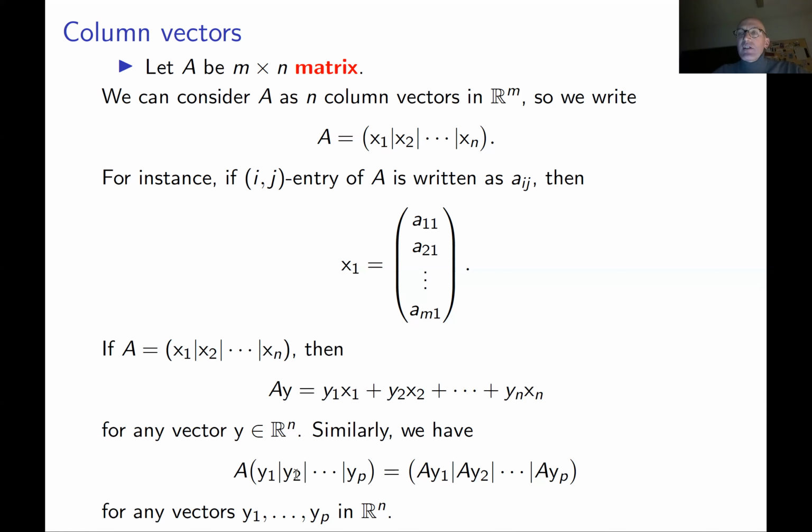This is actually also super useful. If you have two matrices A and B, multiplying AB is the same as multiplying A by each column of matrix B. So this gives you a very easy way to remember how to multiply matrices. The only thing you basically have to remember is how to multiply a matrix and a vector, which is a linear combination of the corresponding columns.